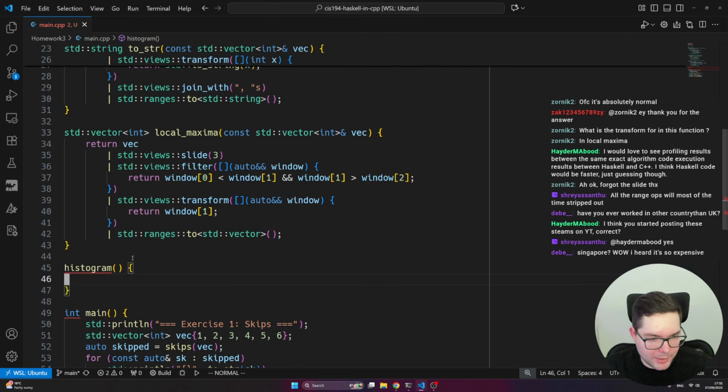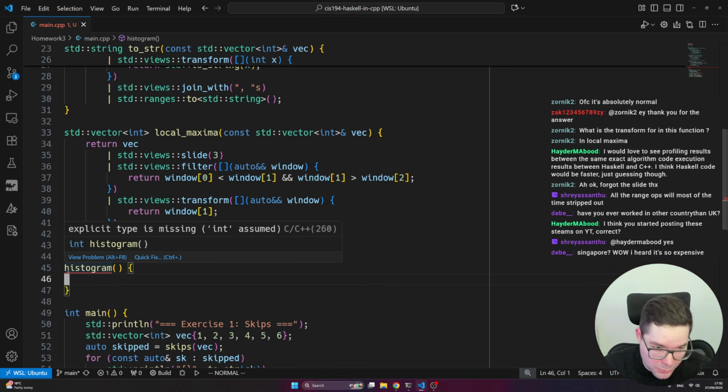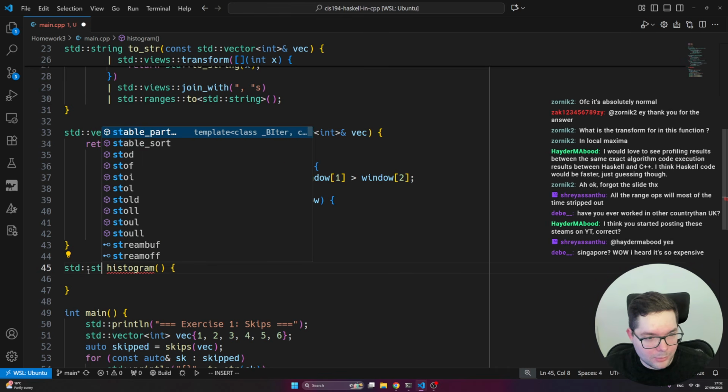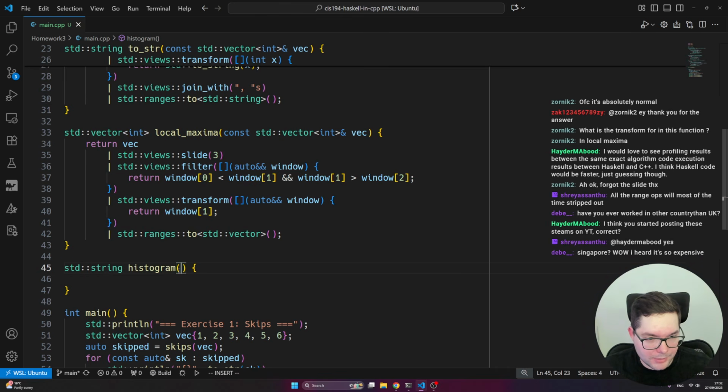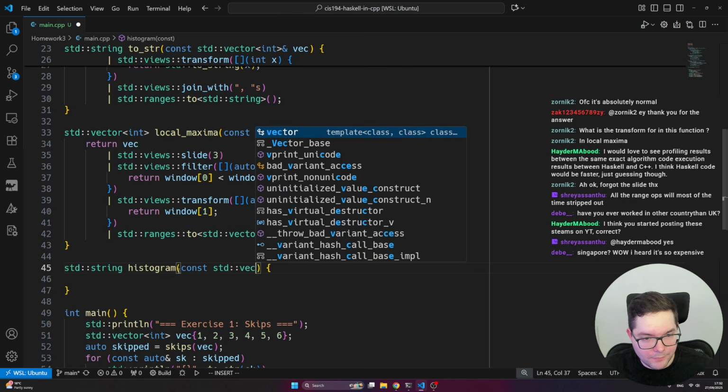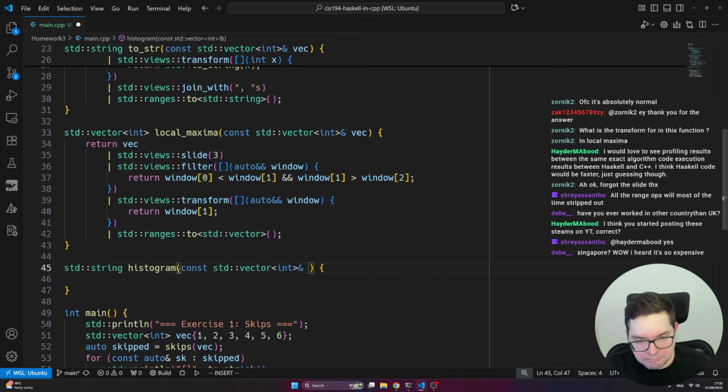Because it will require a lot of data processing, and I think you can write some high-level functions to print this. I just want to get done with it. I will use maybe a little bit of functional programming, but I think in Ranges there are not the same functions as in Haskell, and it will be really difficult to do. So anyway, we want to return just one string, and we are taking the vector of digits, but they're just